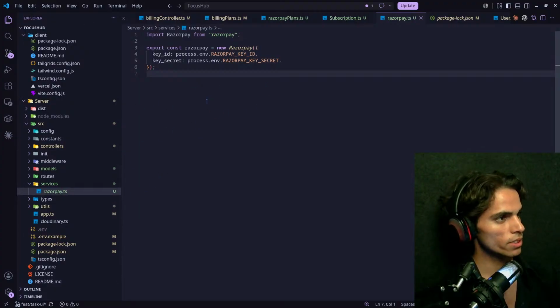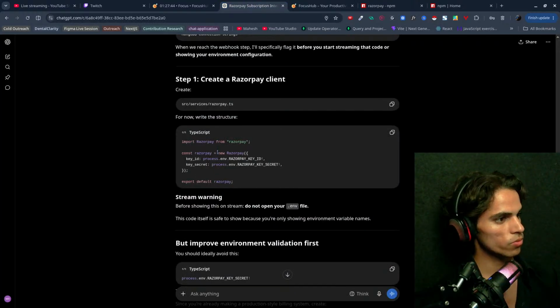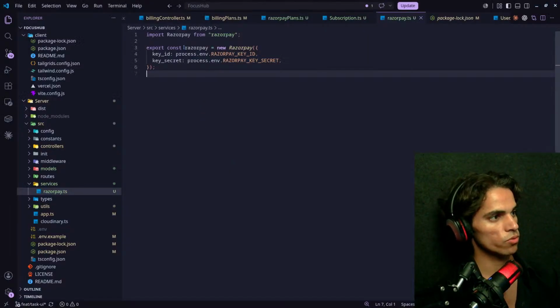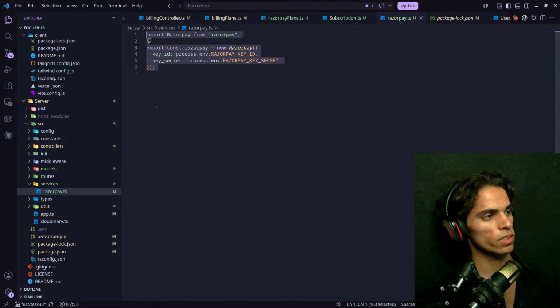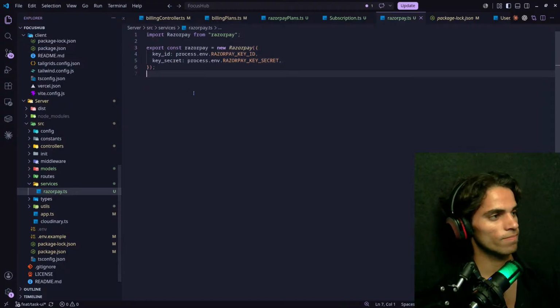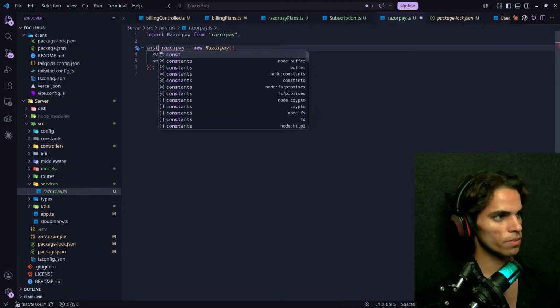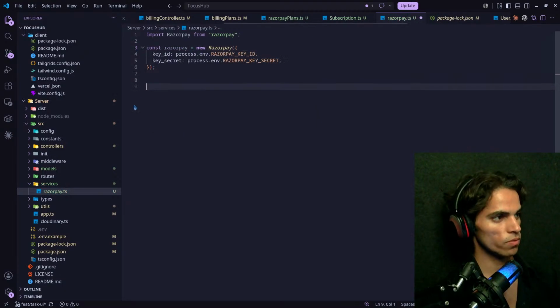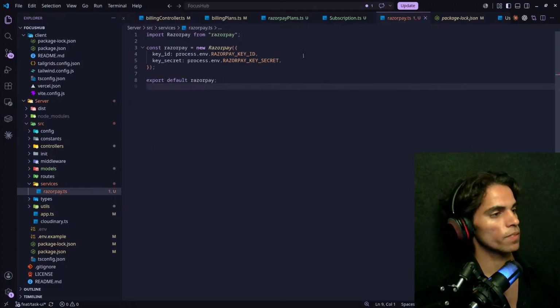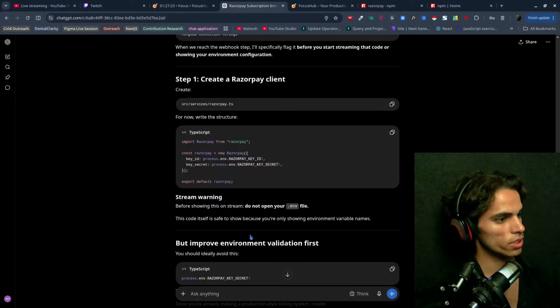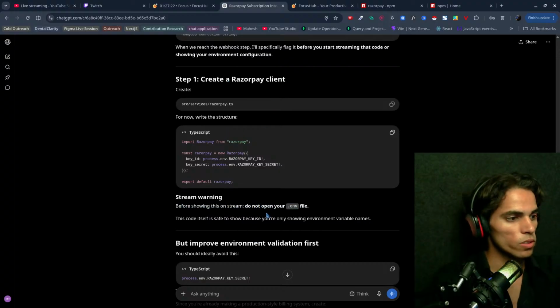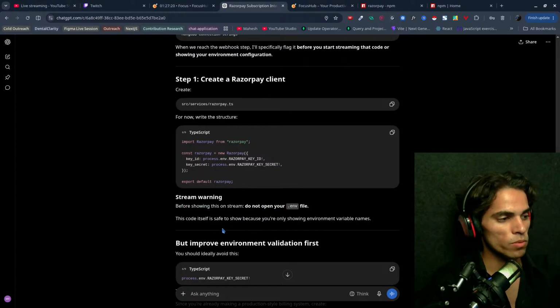So we have this, and this is what we have to do. Yeah, we have to create a Razorpay, then we have to export this from here. I would like to export it directly, or let's keep it const, and just export default Razorpay. Now we have to use this inside the stream warning. Before showing this on stream, do not open your env file. This code itself is safe to